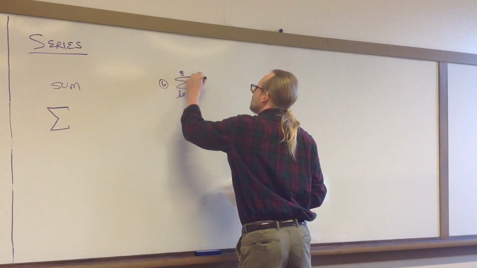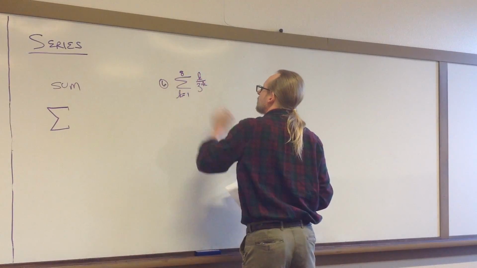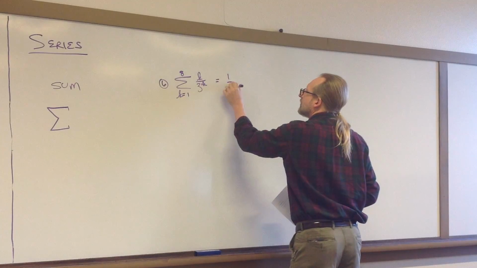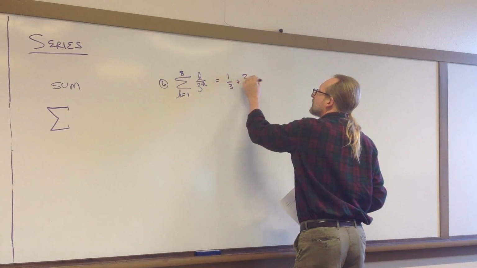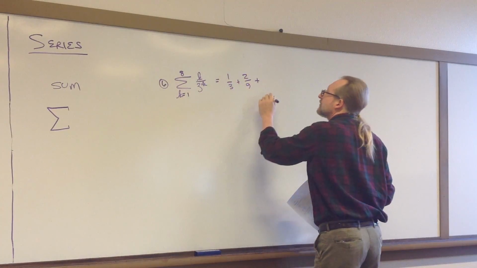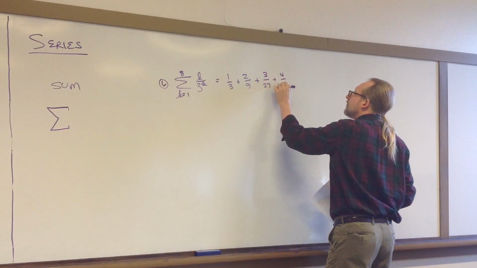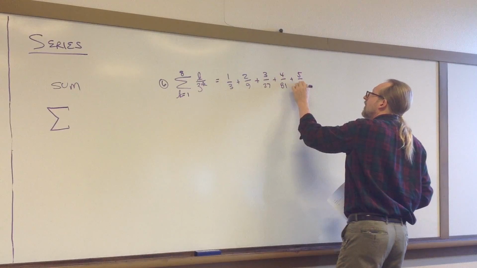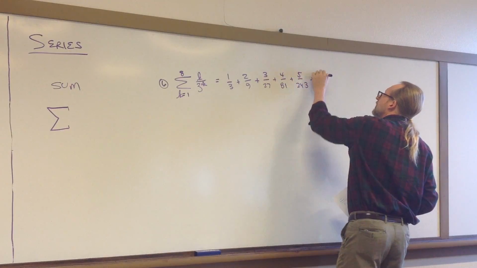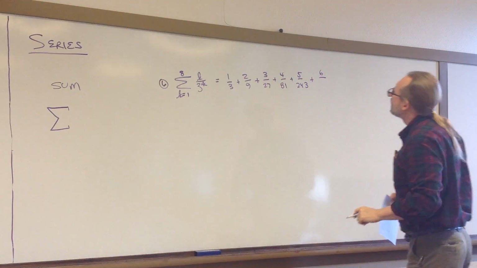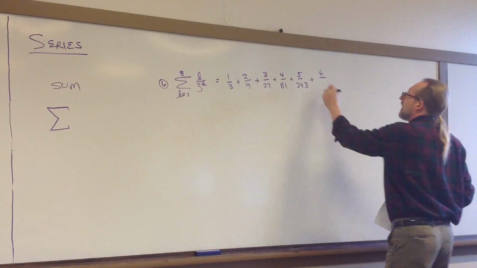And our formula here is k over 3 to the k power. So that's going to be 1 over 3 to the first, 2 over 3 squared, 3 over 27, 4 over 81, 5 over 243, 6 over 729,